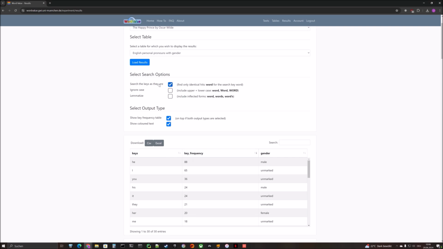At the moment, we are in the Search the Keys as They Are mode. That is, the keys you have supplied via your table are used exactly as they are to find matches in the text. Or, in other words, he, starting with an uppercase letter, will not be matched to he with lowercase letters. However, you can choose to ignore case by clicking on the Ignore Case checkbox. As you can see, the key frequencies in the results table will be automatically updated based on your selected search